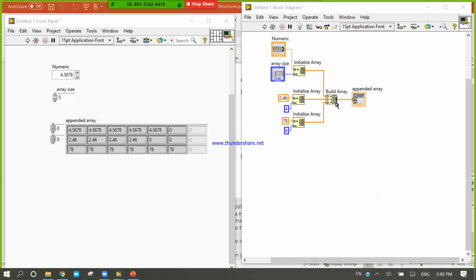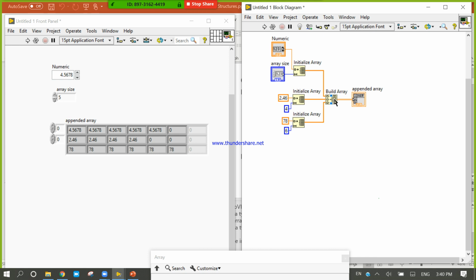To write all this data together, we will use build array. By using build array, we can write all those data in one array. This one is Delhi data, Hyderabad data, and Chennai data. Now it is the append concept. If you right click and click concatenate, now here the run button. Sorry, broken arrow. Why broken wire? Because of a data type mismatch.